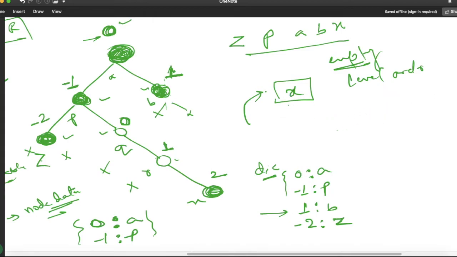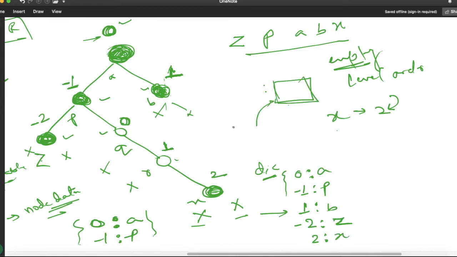Now again this queue is not empty, so let us pop out this element X, and the value with X is 2. Now we are going to check whether the left child or the right child are present or not. So here both are not present, so our queue is empty. And after that we are going to check whether this 2 as a key is present in my dictionary or not. So 2 is not present, so we will treat this 2 as a key, and the value will be the node value, which is X. So now we are done.